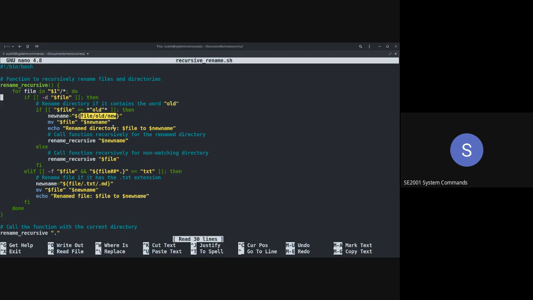The other place where we see shell variable manipulation is being done is here, where we are asking, so you have a file variable. In the file variable, let me just quickly pull up the